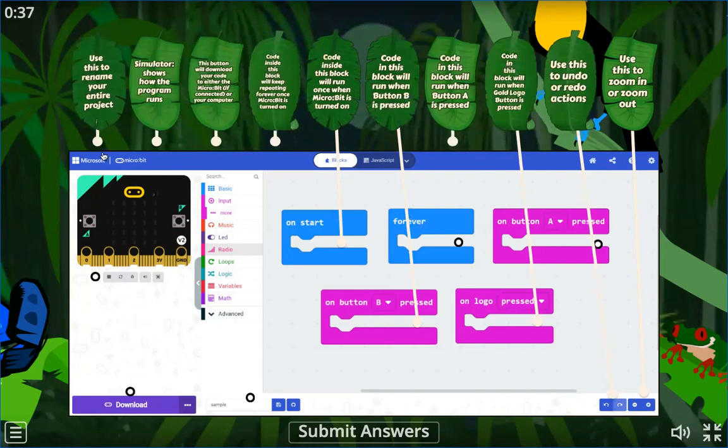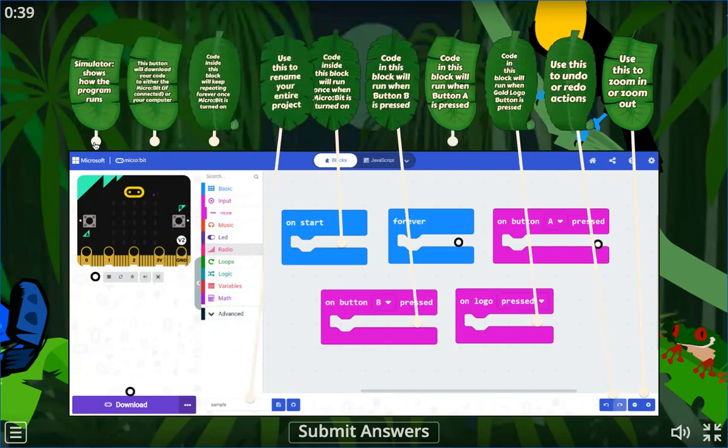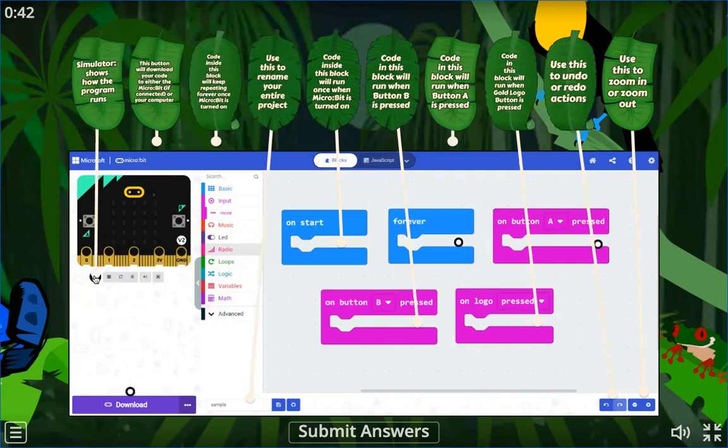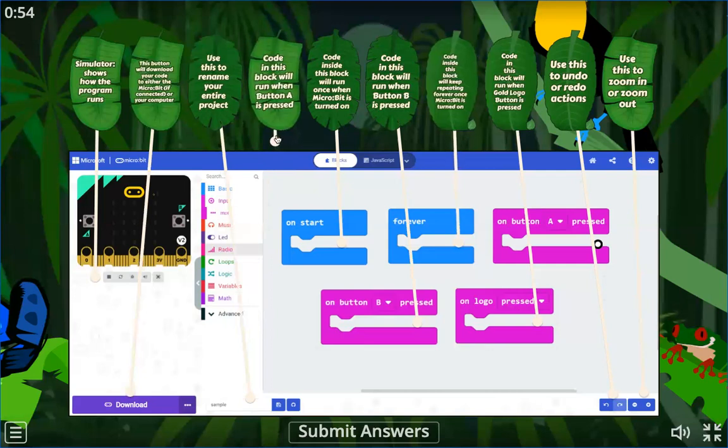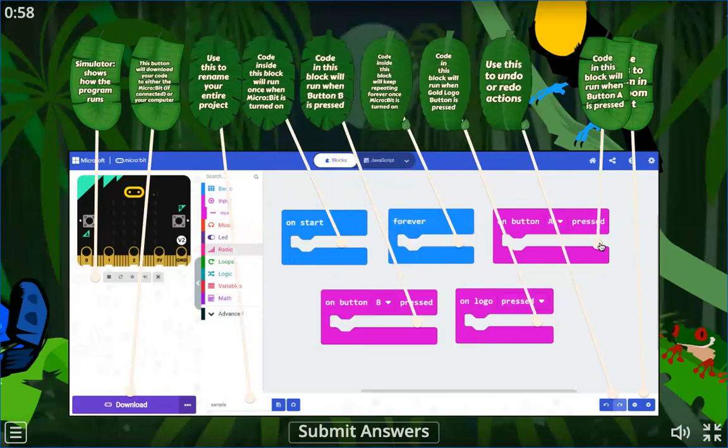Rename your project. The simulator runs the program. Connected, then the download code is shown. All these are here. Forever. Button A pressed, run, button A pressed maybe. Okay. So